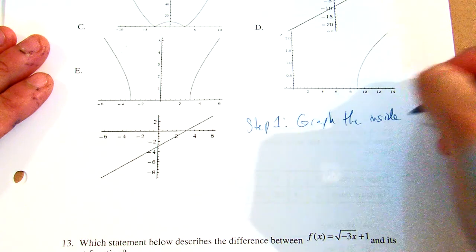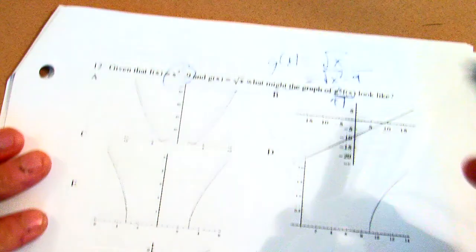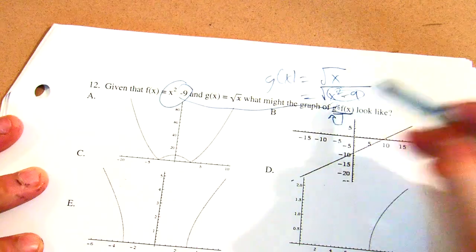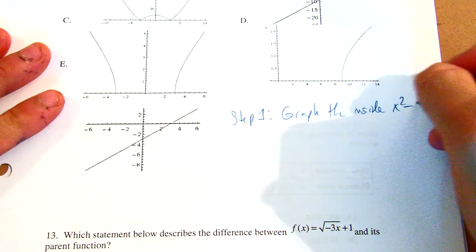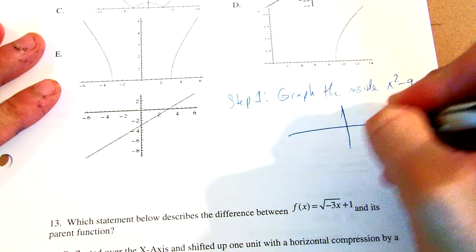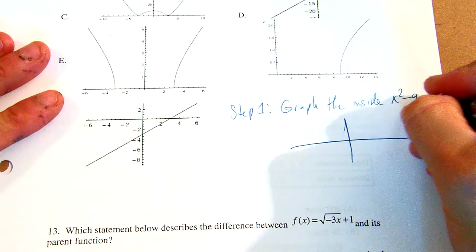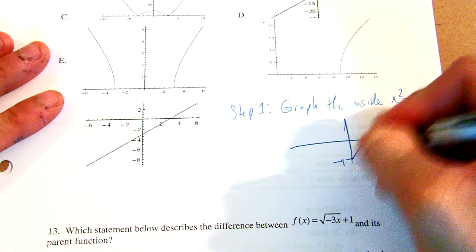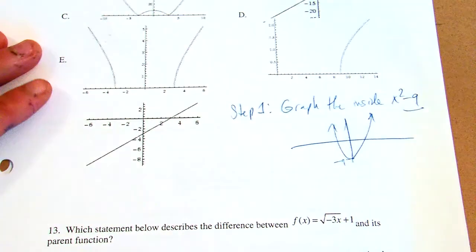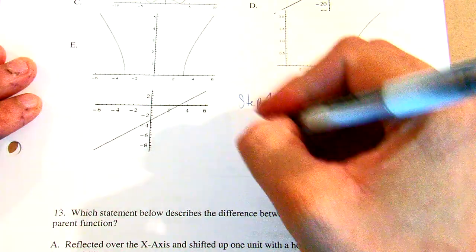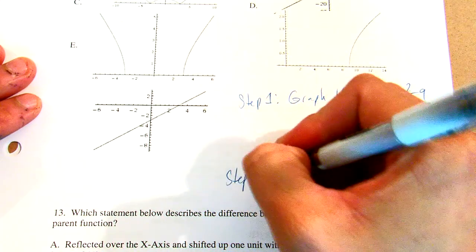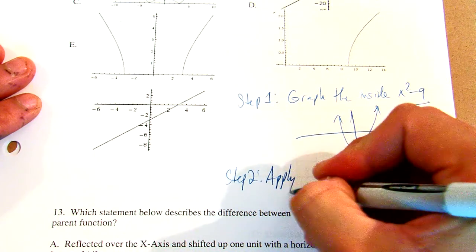My inside function in this case is x squared minus 9. So we know that looks like a parabola, and the shift is down 9, so it's negative 9 here. So it looks like this here. And now step 2 is we're going to apply the outside